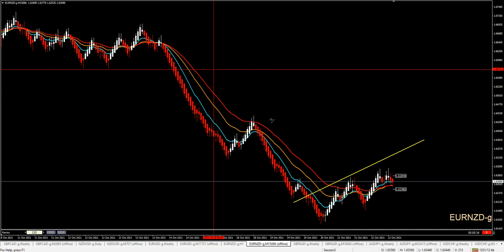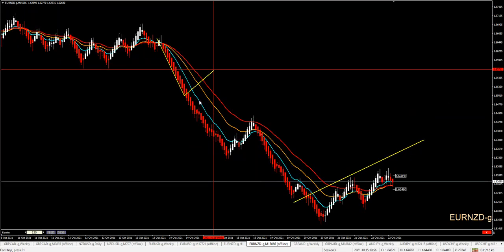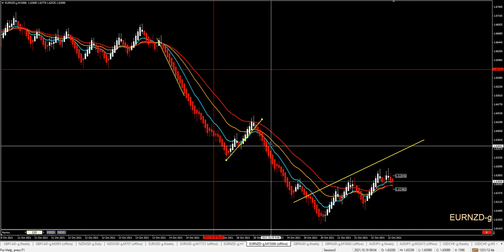My retracement was here, and as I have explained numerous times in our live room, I would prefer my retracement to be here, something like that. Even better if my retracement uses my previous support area as resistance. Not only that, because also I will have much more room to go. Nevertheless, here again with an entry of